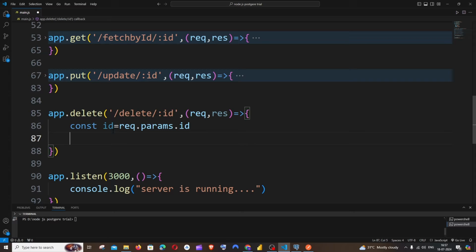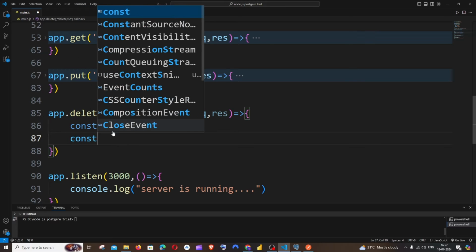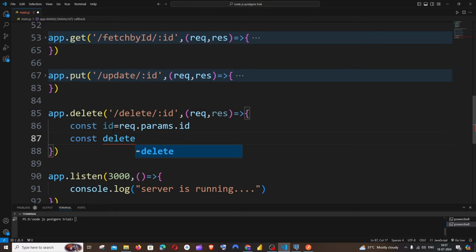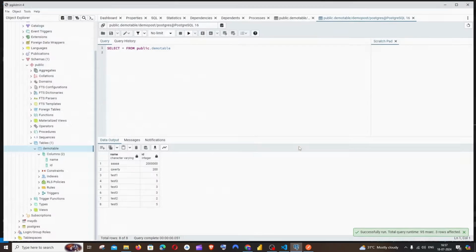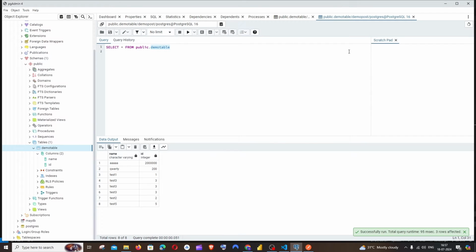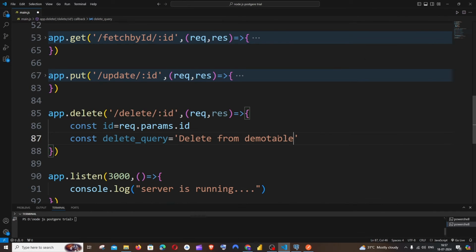and next is going to be the query to delete the particular row. So we will be having a simple SQL query. So it's going to be const delete_query equal to delete from table name. So in my case, the table name is demo table. So I want to specify that delete from table name where ID equal to